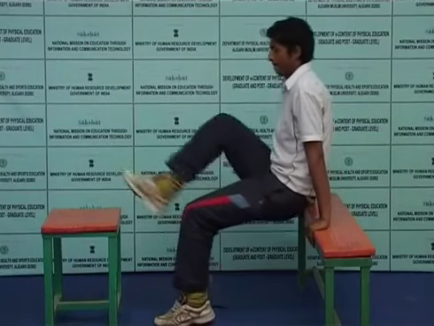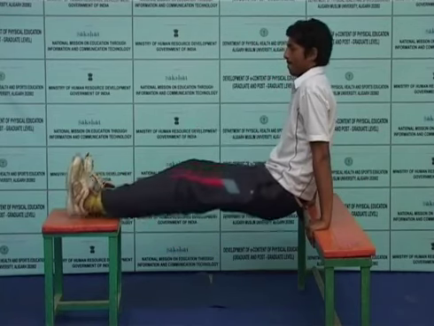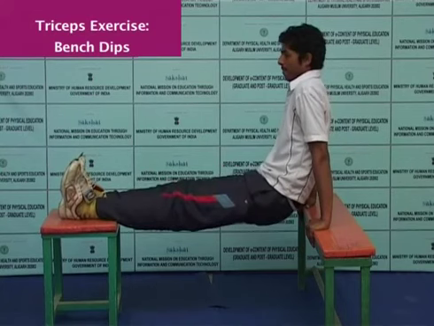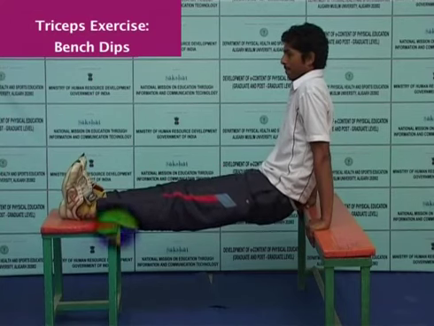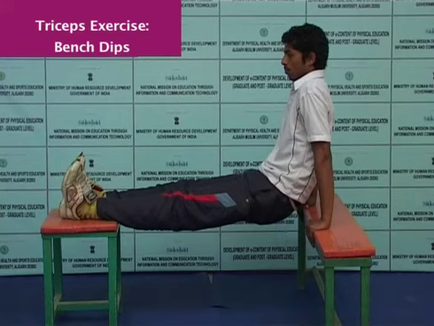Now, in this session we will go through the different exercises, that is stretching and strengthening exercises for the triceps muscle. Now, we are discussing the strengthening exercises of the triceps muscle. The first exercise we can do is the bench dip. The subject should sit on one of two benches placed parallel, slightly less than a leg's length away. Place the hands on the edge of the bench, straighten the arms, slide the rear end off the bench and position the heels on the adjacent bench with the legs straight.